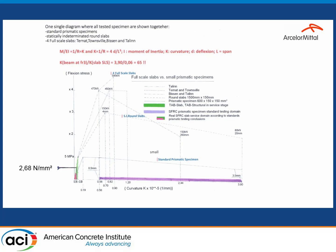Now, we can also have in that diagram all these full-scale slabs that have been tested. So, of course, as we were saying, the ultimate load is at a moment that is about 5 to 6 times the first cracking load. You see that after 5 MPa, we have quite a huge post-cracking diagram where the curvature, in many cases, does not even reach the curvature that we have under the Euro notch specimen at FR3. So the FR3 curvature is probably more than anything that can happen in reality in a structural slab,